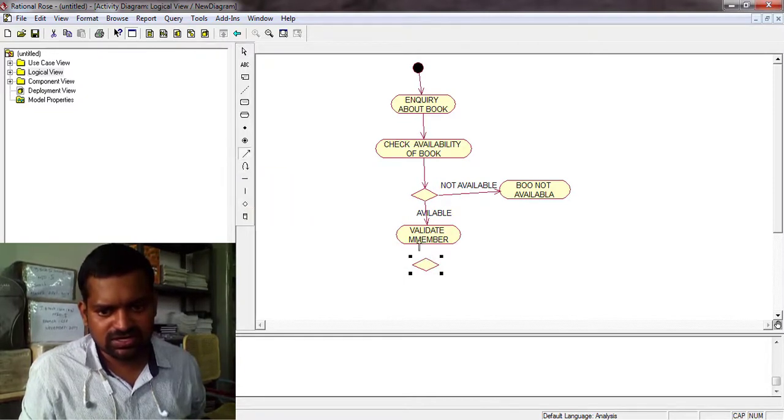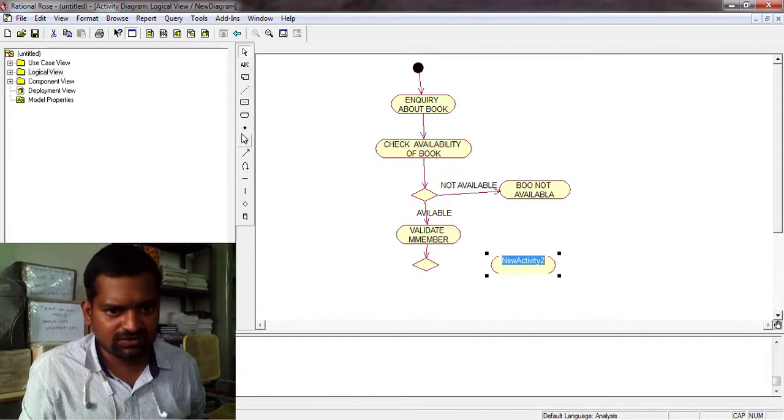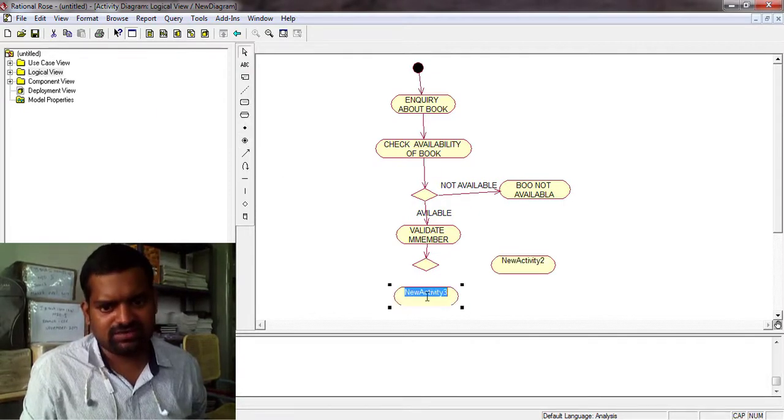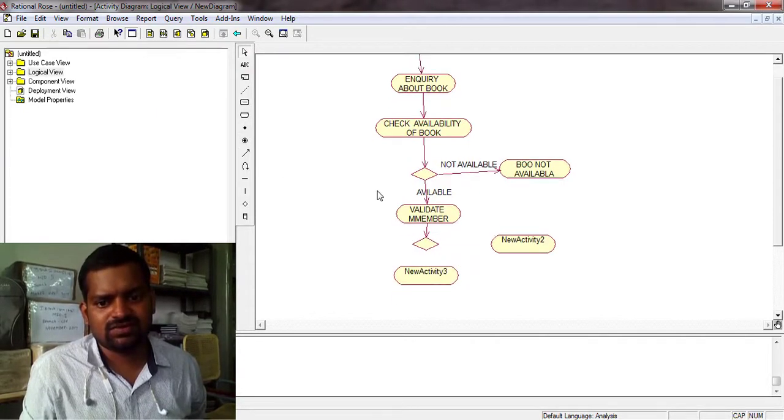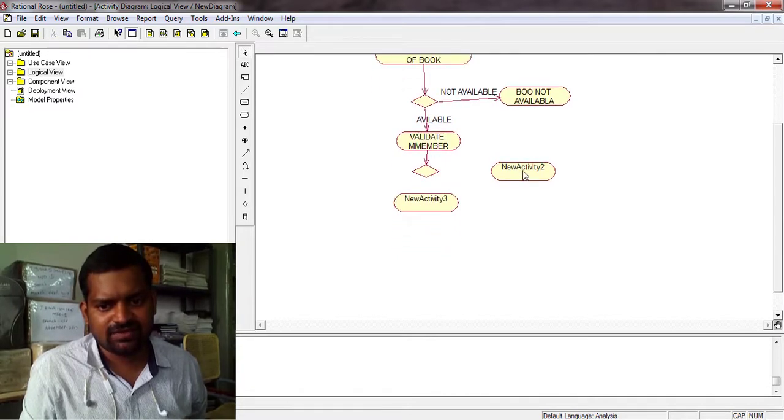Again you use another decision, from validated member to here. Here also you can check two activities. This is one way and this is another way.